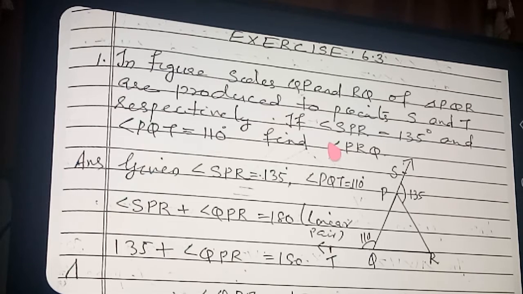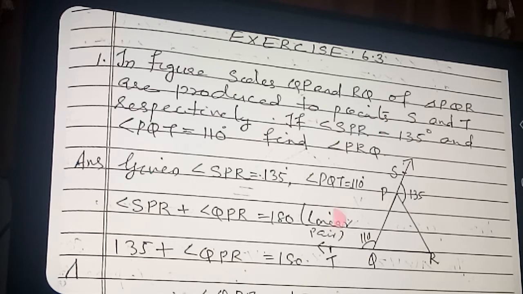All the sums in exercise 6.3 we are going to explain using the sum of all angles of a triangle, 180 degrees, and the measure of an exterior angle. These two concepts we are using throughout. So I hope you study those two theorems perfectly. Knowing those theorems, only then can you do the sums. If you do not know the previous theory part, you can't do any exercise. So always sit down after studying the theory parts.